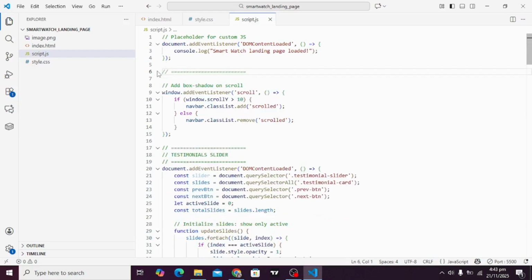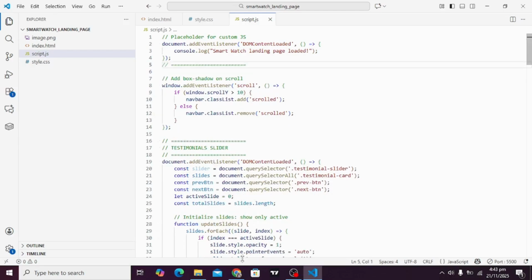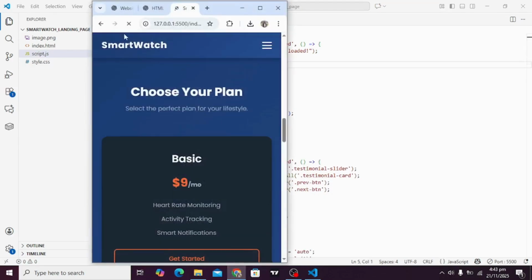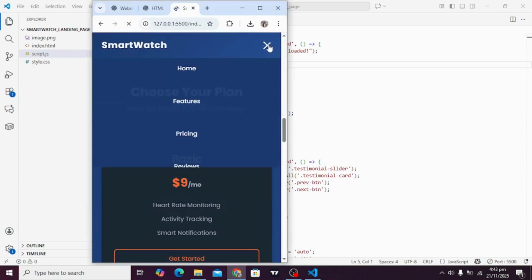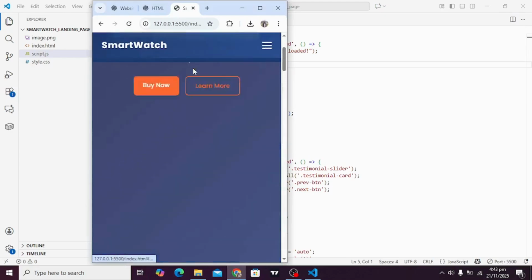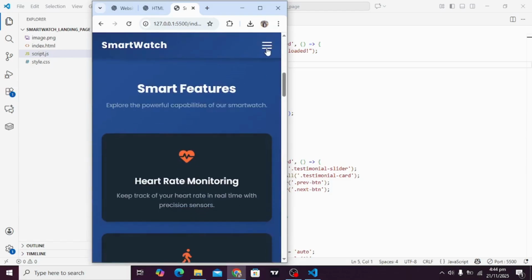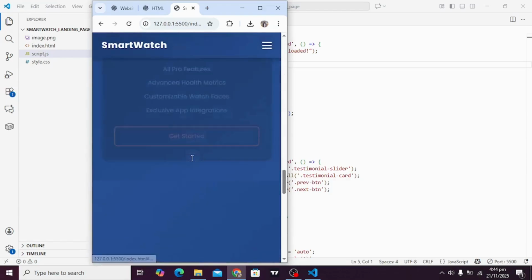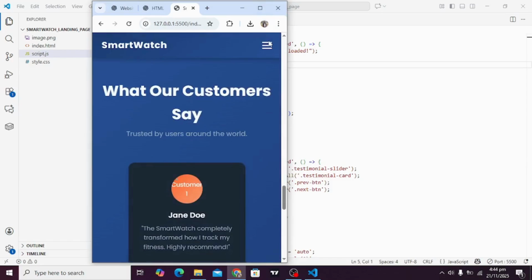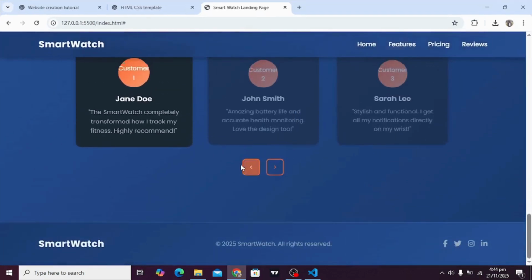JavaScript will be confused. So let's remove that part and see if it works. So now here you go. When I click OK, the menu is closing and everything looks to be running. Now we can improve the design with little tweaks as we want.